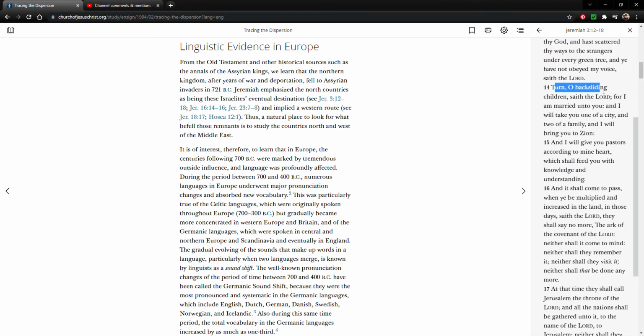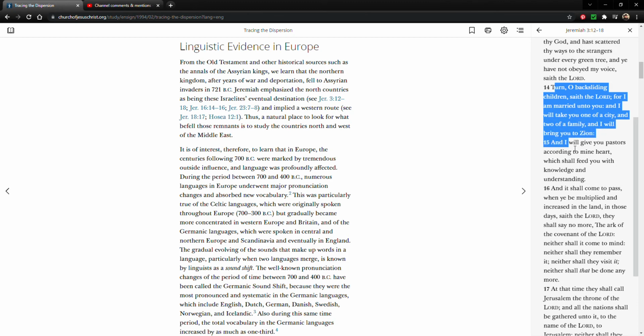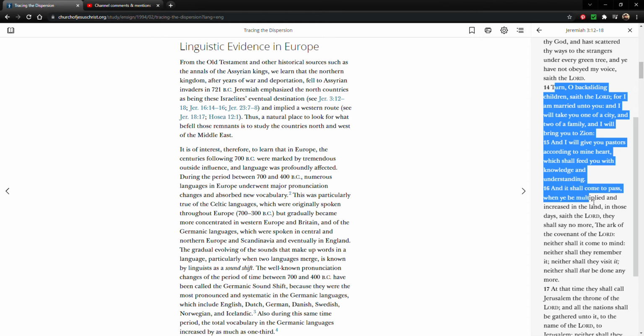"Turn, O backsliding children, saith the Lord, for I am married unto you." There's that marriage symbolism that especially has to do with the second coming, when Christ, the bridegroom, comes to his bride, the church. "And I will take you, one of a city and two of a family, and I will bring you to Zion. And I will give you pastors according to mine heart, which shall feed you with knowledge and understanding. And it shall come to pass, when ye be multiplied and increased in the land, in those days,